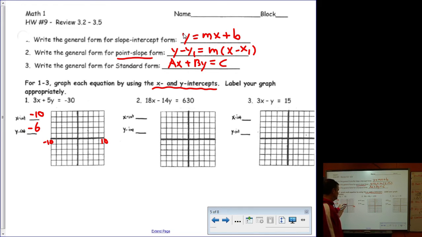I'll go by 2's, so it'd be 2, 4, 6, 8, 10, and negative 10. And so my x-intercept would be here at negative 10. My y-intercept would be at negative 6. And I could draw my line. Number 2,